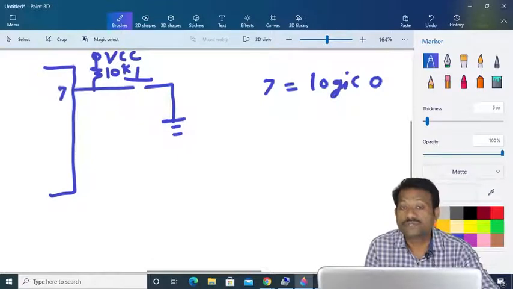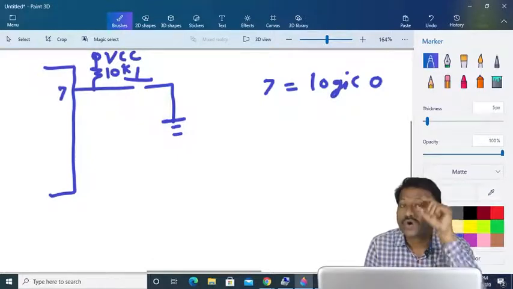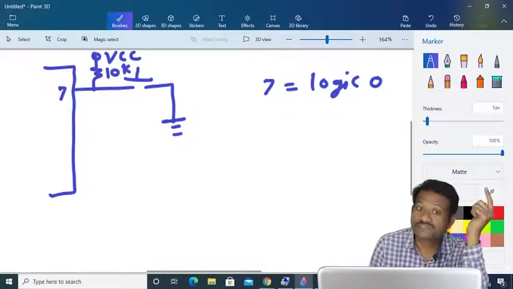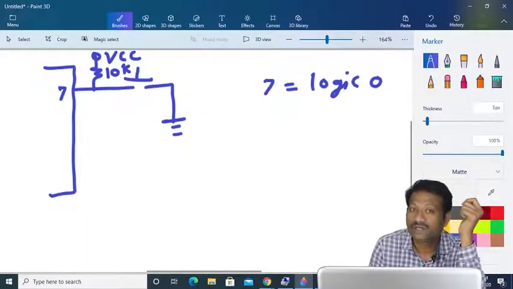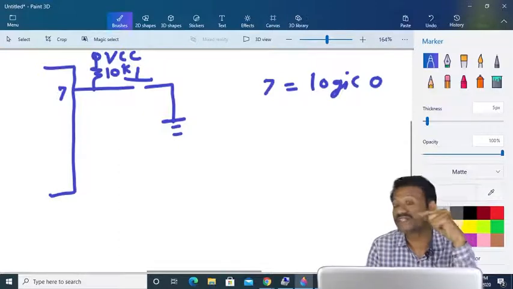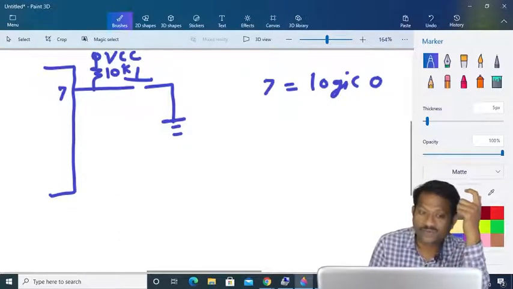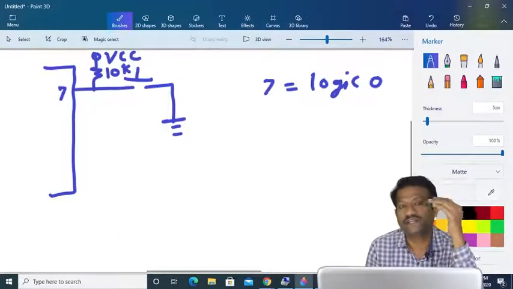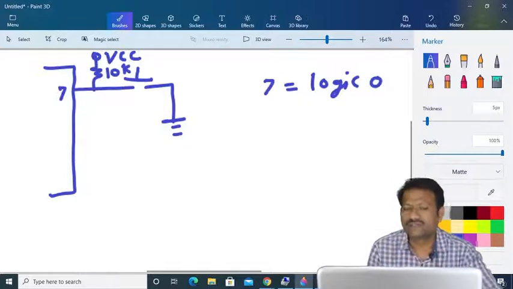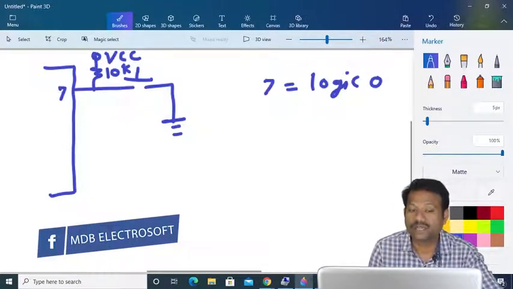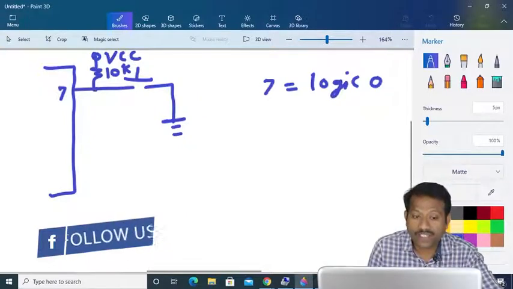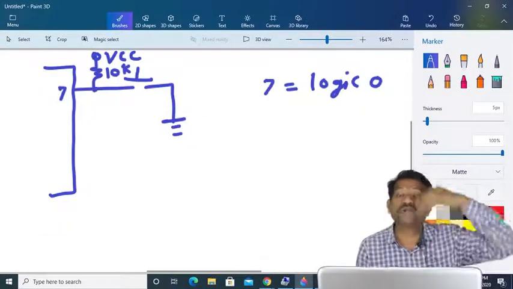Now if this switch is open, the switch resistance is infinity, and this 10K is less than infinity, towards ground. When the switch is open, resistance is infinity towards ground, and towards VCC it is 10K. So definitely 10K is very much less than infinity. So current will flow through the 10K, and the voltage at this point will be pulled towards VCC.